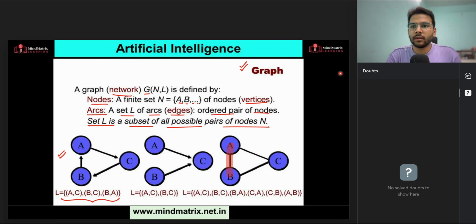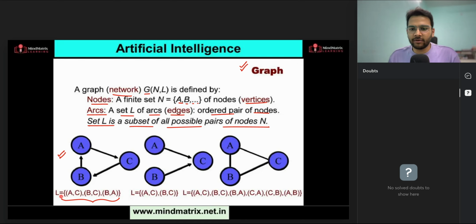Am I clearly audible or not? Is there any lag, Manjunath, from your side also, or are you facing some lag? Just let me know. Okay. Is it fine now? Okay, thank you. Fine. I cannot do much about the lag, even if it is there, so just let me know whenever you face any lag. I will pause for a moment, and then when it is fine, I will continue. Okay, this thing we can do.